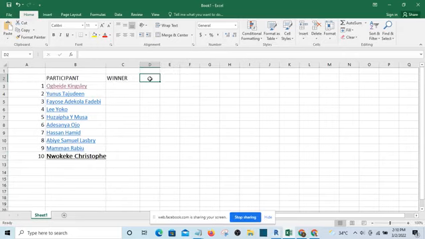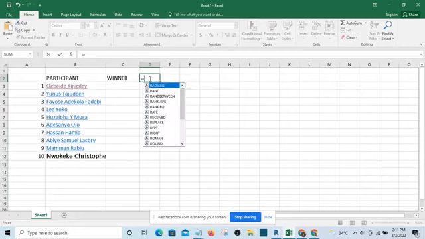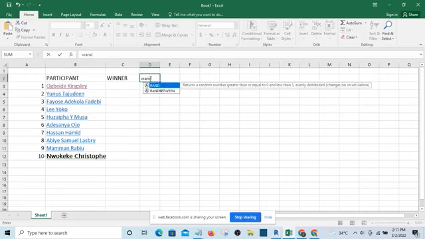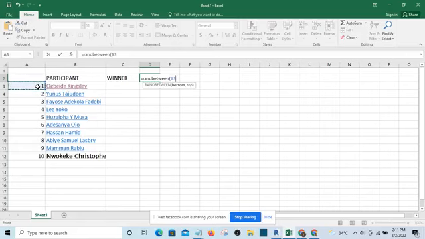Okay, so there is a formula I'm going to be using. It has to do with Excel. That is a random number in between. I'm going to add brackets, and I'll select the first person, then select the last person.